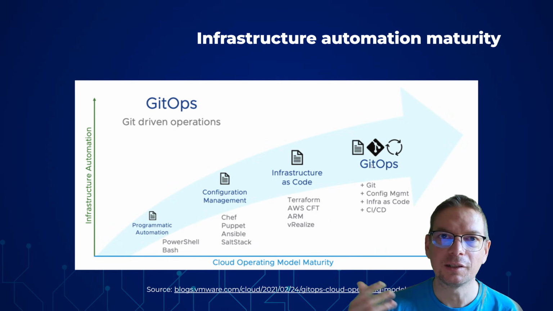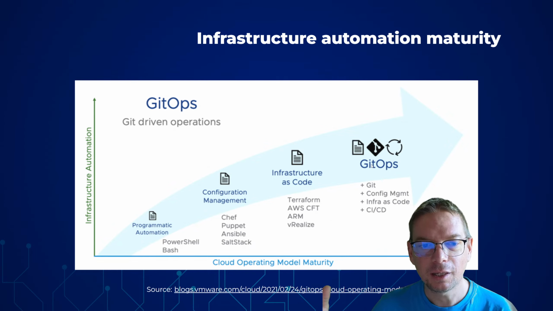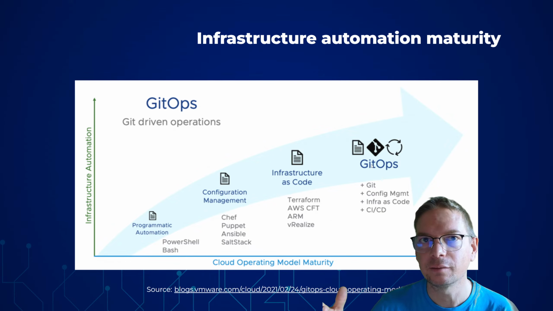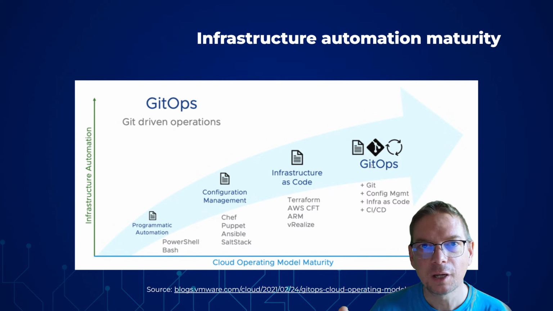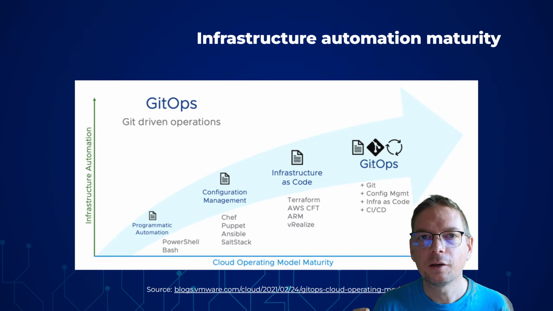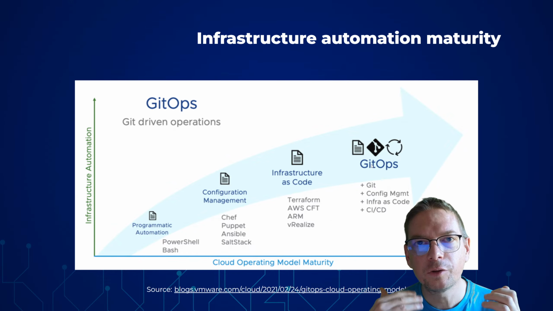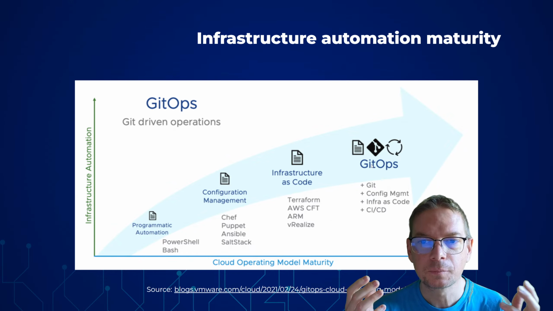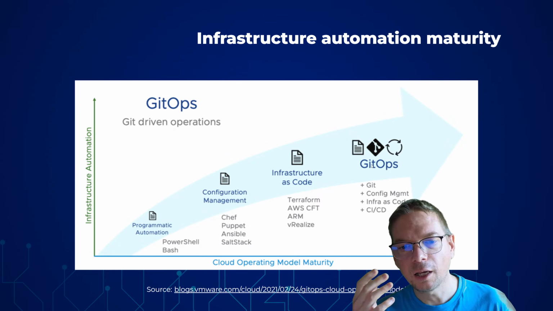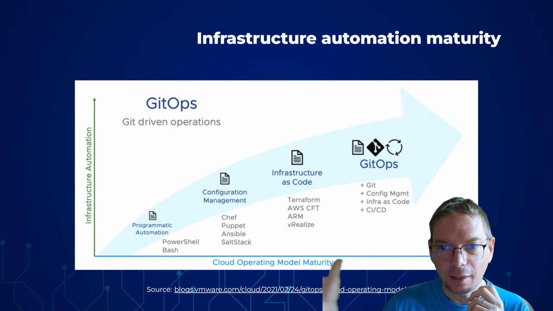So we started creating scripts. And then came infrastructure as code and the DevOps mindset of automating and focusing on the added value. And I started on Puppet. And then came the cloud and also the value of provisioning resources with Terraform. And also great tools like Ansible. And then we got GitOps.